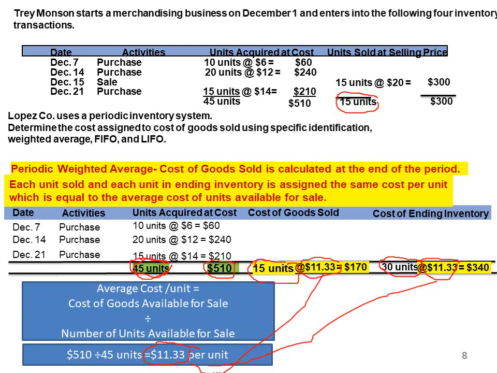So now I need to assign cost to those 15 units and to those 30 units. All I will have to do is multiply them by the average cost that I have just calculated, which is the 11.33. As you can see, I'm going to use this average cost. And I will do the same in order to get the cost of ending inventory. I'm going to multiply the average cost by the ending inventory units. So I will get 340,